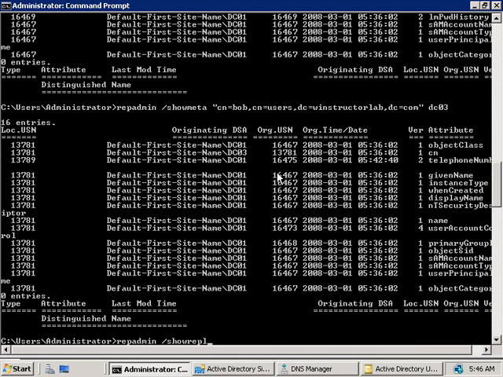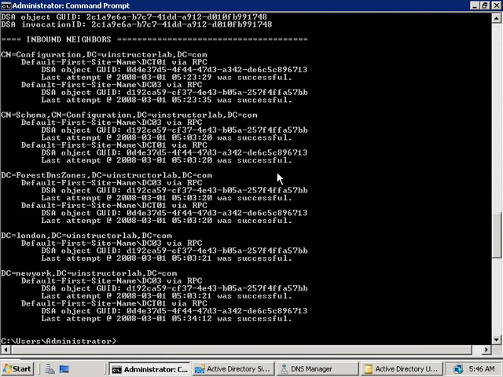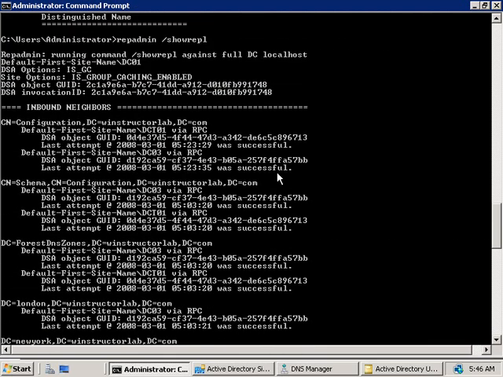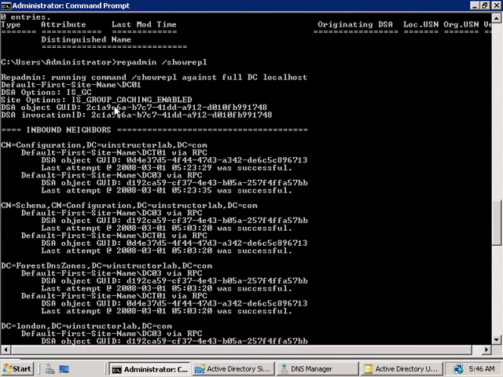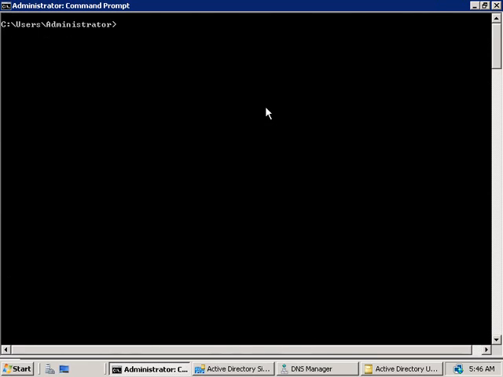But before we run this command, let's go up through our command history again. And I'm going to rerun the RepAdmin show REPL command and hit enter. Since if we scroll up to the top of this command, I need to grab the GUID here, so I'm going to right click and choose mark, and I'm going to highlight our GUID and hit enter, and that's going to copy it to my clipboard. Now let's go and clear the screen,